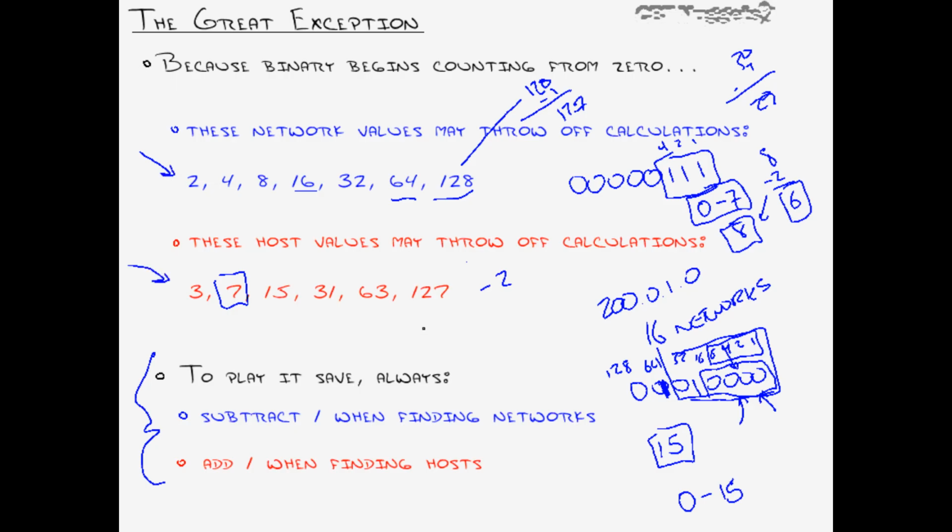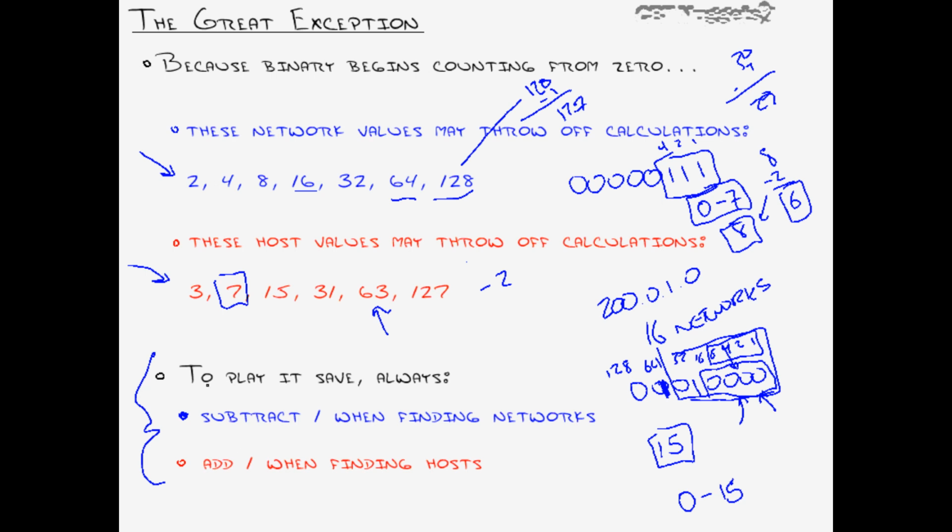Chances are very slim that somebody's going to come up and say, give me a network range for 63 hosts per network. I mean, that's pretty weird that somebody would be looking for that value. But nonetheless, we can use this rule: always subtract 1 when finding the number of networks. And to play it safe with the hosts,